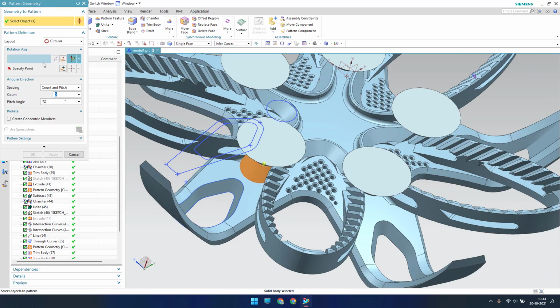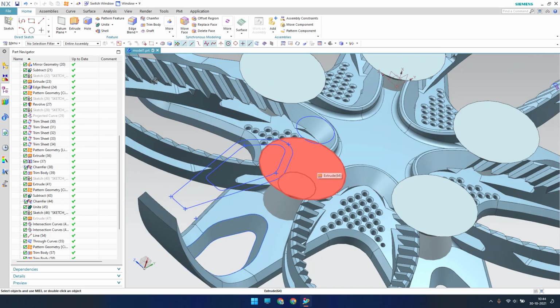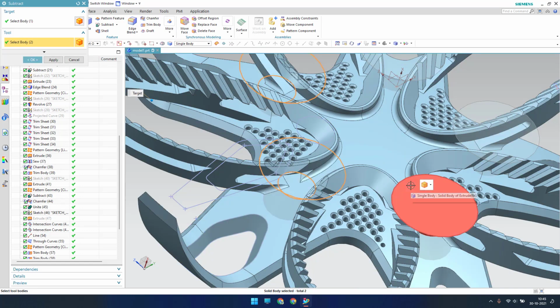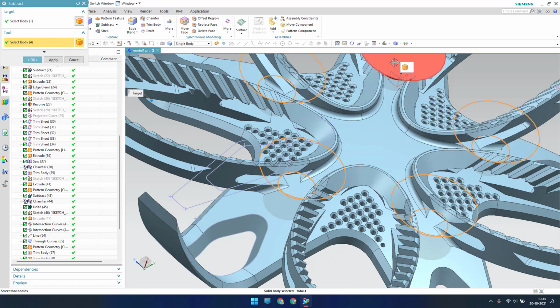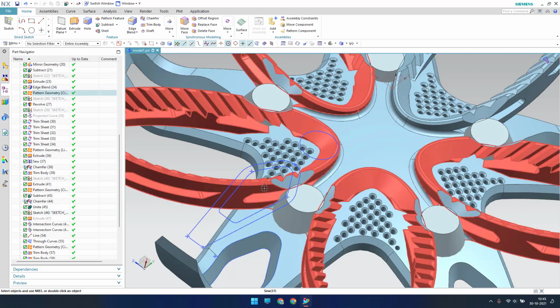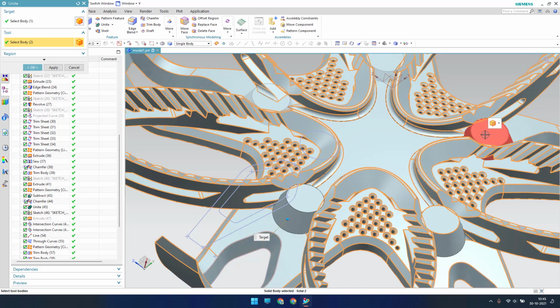This is my geometry, and along this vector it should be at 0, 0, 0, and you can just click OK. Now I have to subtract this. Let me go to subtract and select this, and I want to subtract these features, only the top feature, because we are not united with the bottom body, and just click OK. Now we got this feature. Now I have to unite this with the body. These bodies should be united with each other. Let me select this.